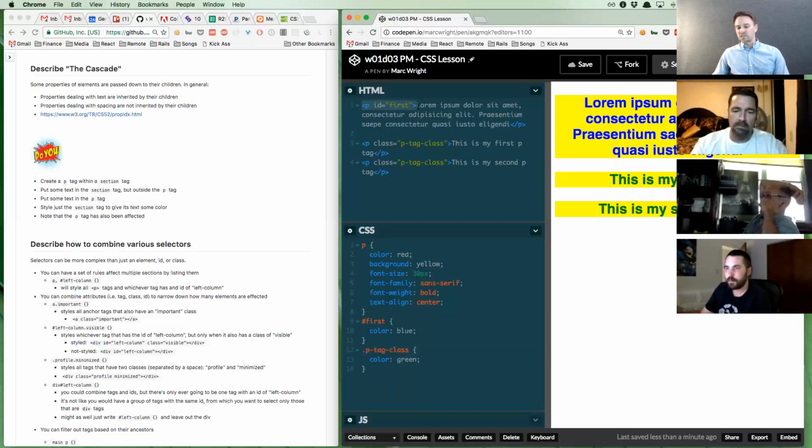So that's why my ID with first is supposed to be the color blue. So an ID is pretty specific. We're going to talk about that here momentarily. So whatever rule I attach to my ID is going to take priority or precedence over any rule that I have on my general p tags, right? So that's why this p tag is blue. And then the same thing here with my 2 p tag classes. So these classes still take priority over your kind of basic general tags. So both of these p tags with the class of p tag class, the font color is going to be